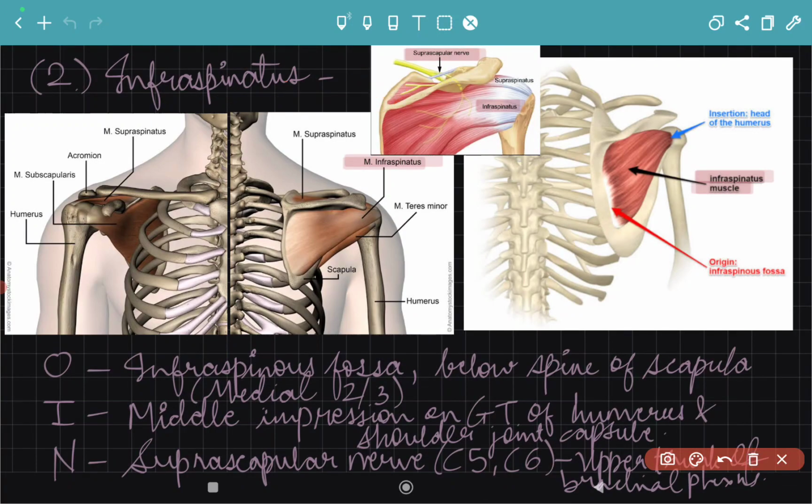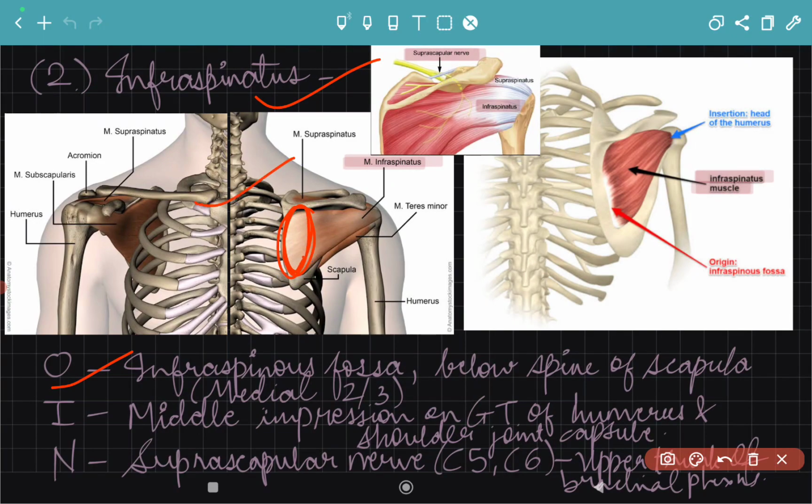As in Series 1, we discussed supraspinatus, its origin, insertion, nerve supply, action, along with the associated clinical aspect. The same thing we will do with infraspinatus, teres minor and subscapularis, the remaining 3 rotator cuff muscles in this Series 2. So starting with infraspinatus muscle, it originates from medial 2/3 of infraspinous fossa as can be seen in